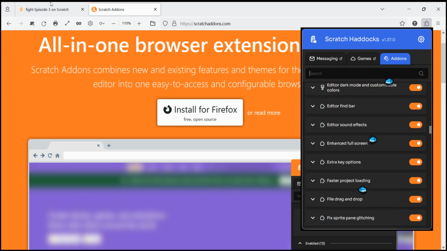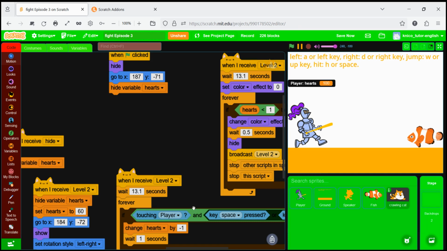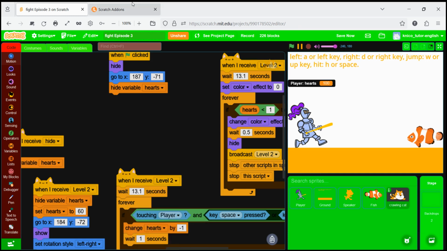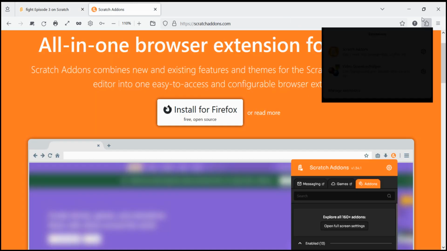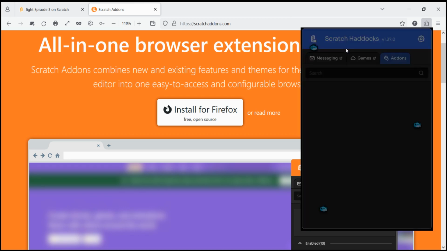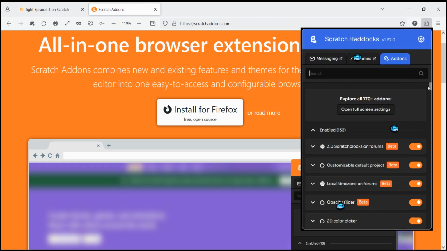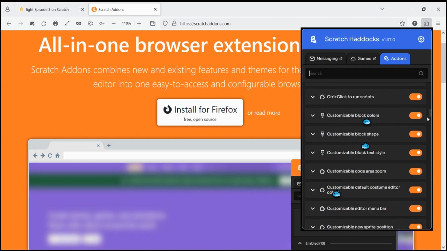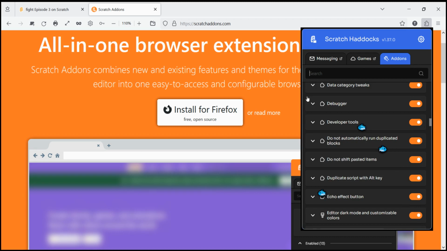I can also rename event receivers and more and more. So I think you can have very much fun with that. But now